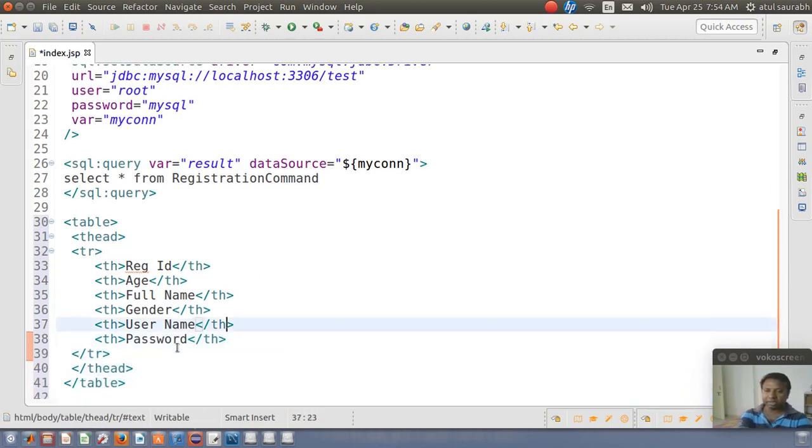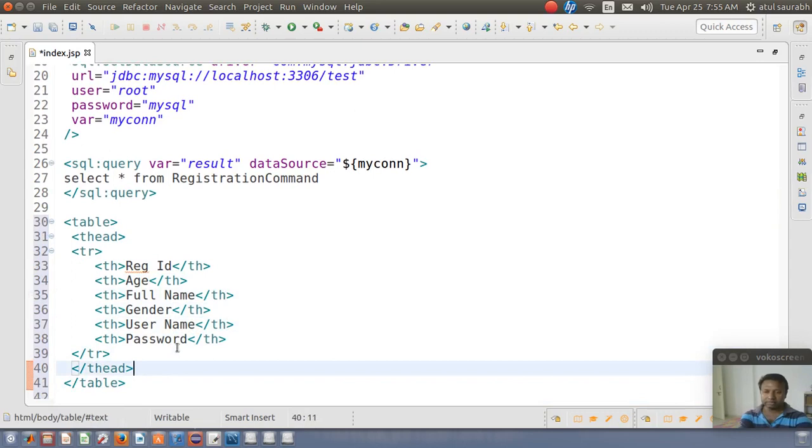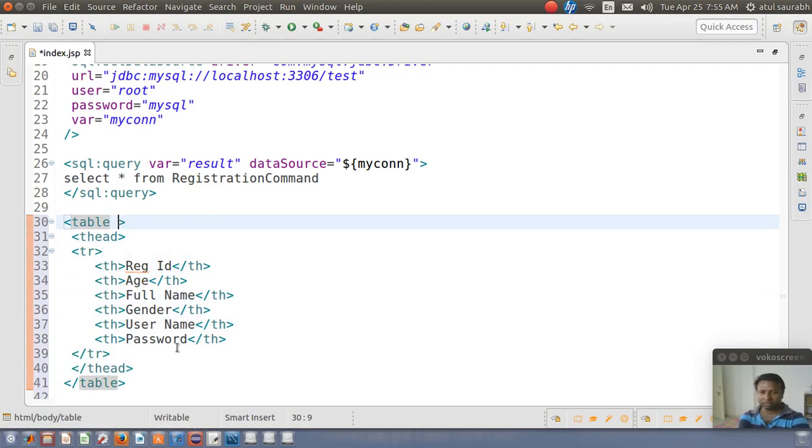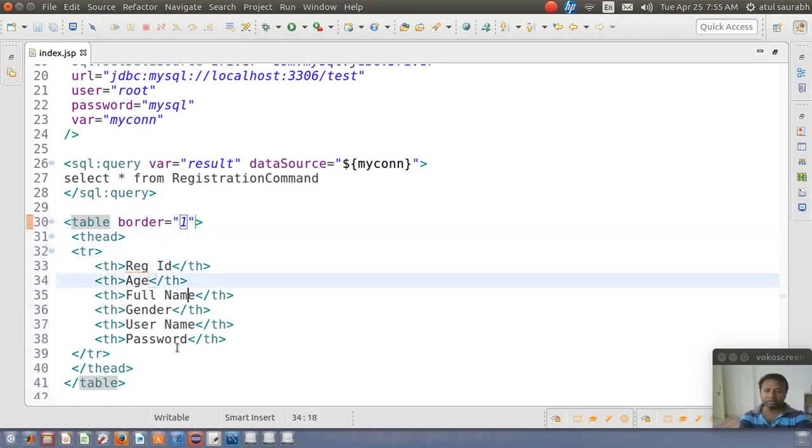So all the things I want to show here, and okay, just I want to decorate it using the border. So border I want to set as 1, so it will draw a thin border in the table.